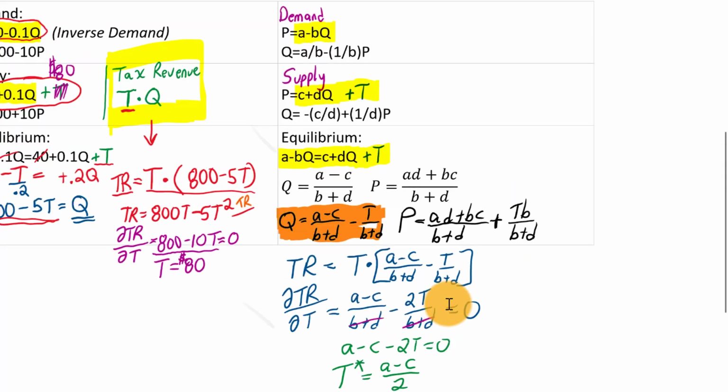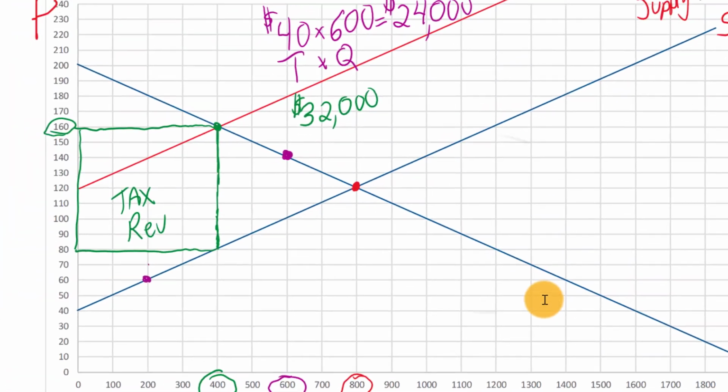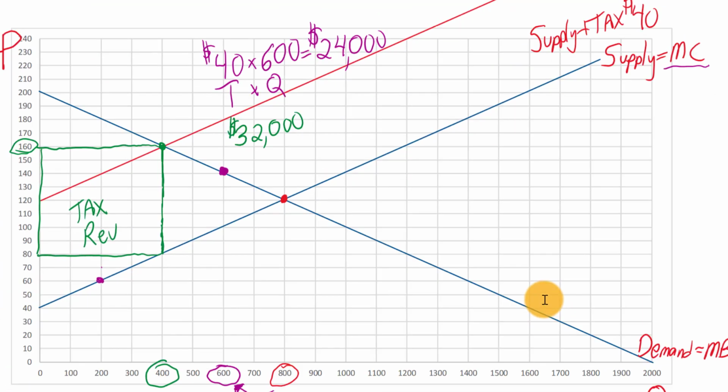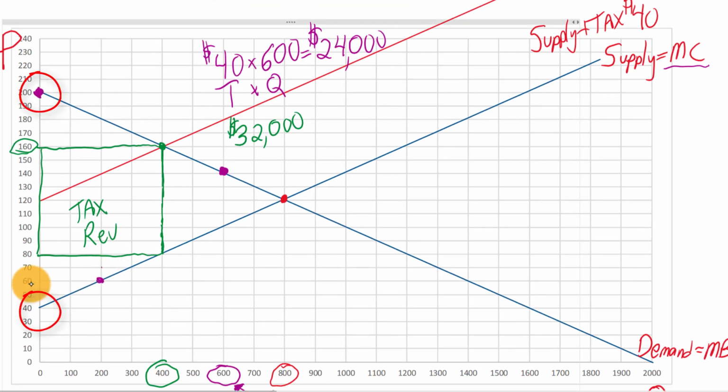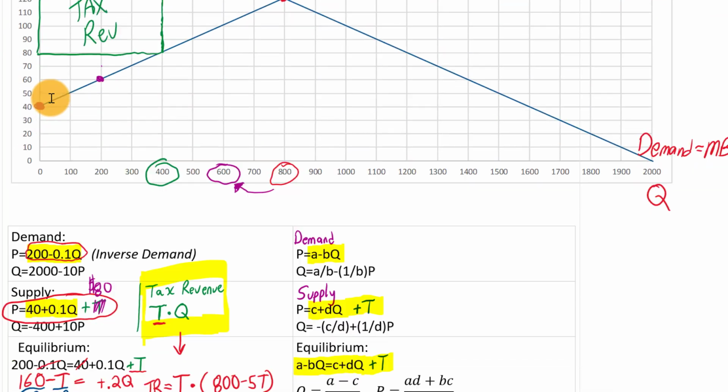What does that mean? Well, let's go back and look at our graph of our example here. If you want to maximize tax revenue, take this y-intercept here of $200 and take this y-intercept down here of 40, and we want to figure out the distance between those, and we want to split it in half. So 200 minus 40 is 160. Split that in half, and that gives us that the tax level that will maximize tax revenue is $80. Interesting. So the only thing that matters is the distance between those two y-intercepts. Then we take half of that. That kind of blew me away.